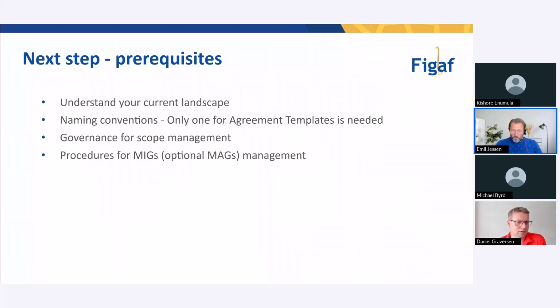Work also on a naming convention. We have now optimized our tool more and more. So basically, if you use Figaf, you only need a naming convention for your agreement templates. But there are already some built-in assumptions about how you will name these agreement templates, and that is going to affect basically every other object that's going to be created, where absolutely the majority is created automatically by the Figaf tool, and therefore it will have an effect on your system. So that's another thing you have to review and get an understanding of before you begin